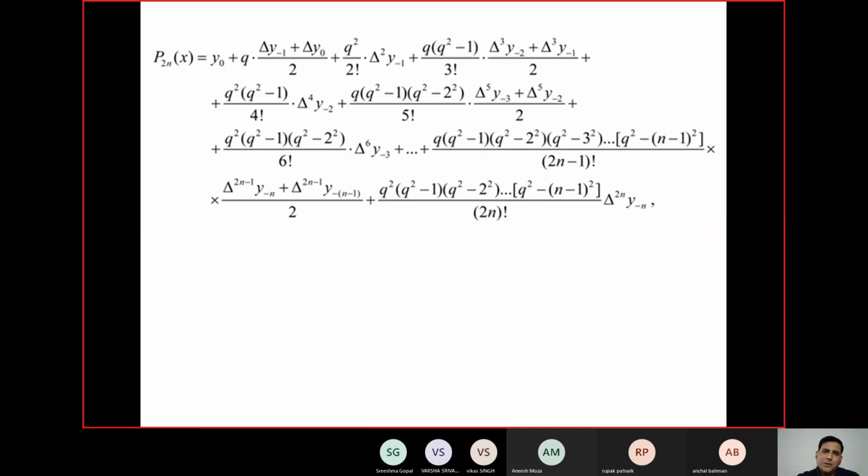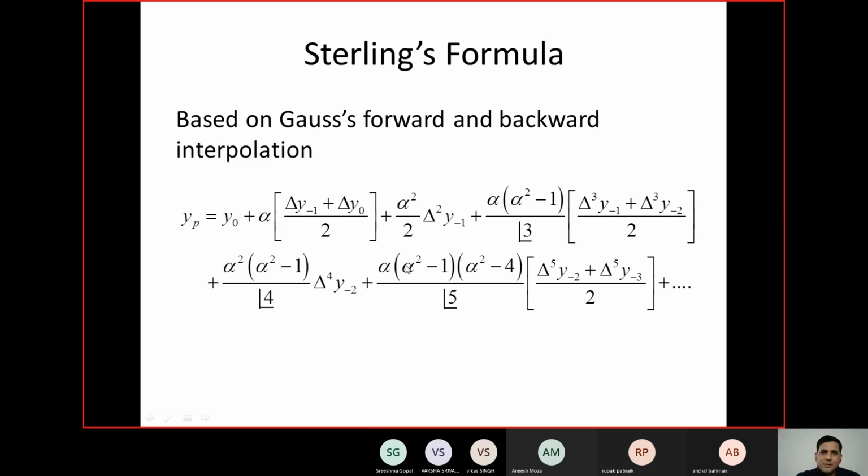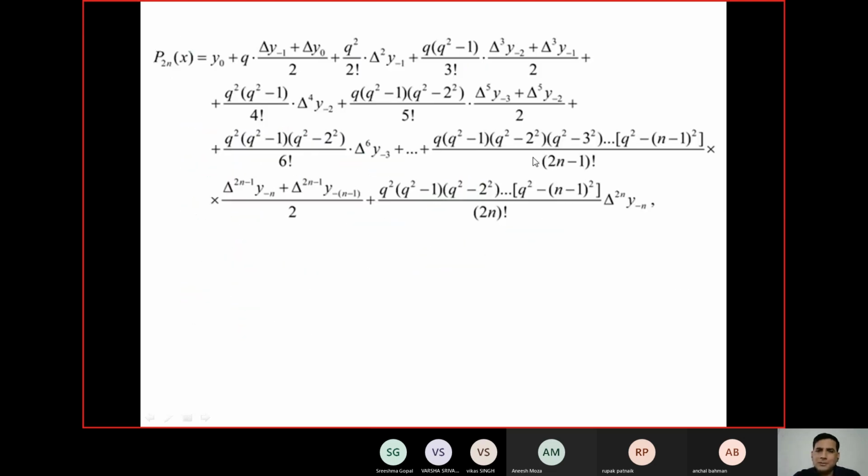Based on that, this is your Stirling's correlation, and you can write it in the expanded form further, where this Q is nothing but your U or alpha. So don't get confused with that Q. I have just taken and pasted this here because it saved my time. It's the same formula. You can rewrite it for more number of terms because most of the time we are curious what will happen if I write for the third step, fourth step, fifth step. So this has all those steps, and also a general formula for how to expand it.